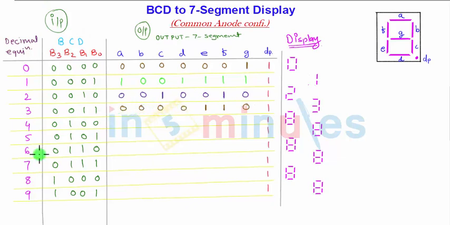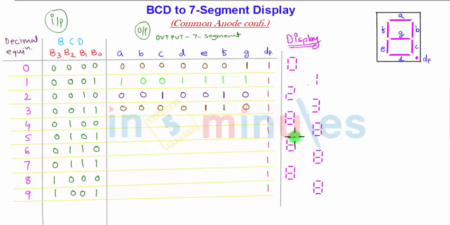Why am I designing this? Because while designing 6 and 9, it is very important. How can you show 6? So 6 is here. Many of the students follow 6 in this way. This is also 6. So before that, I need to tell you that you need to design it likewise. So I am taking this 6 now in this way.